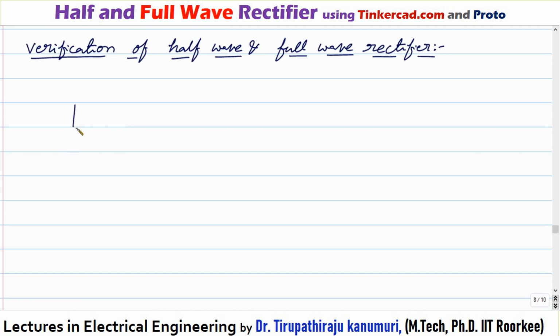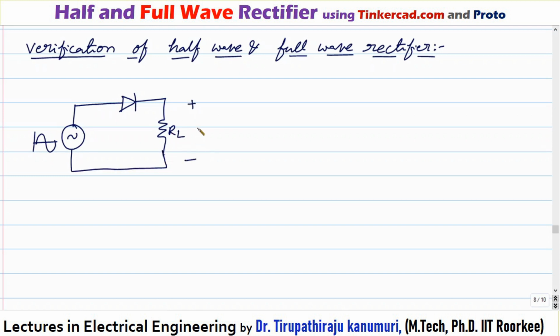Let us assume the rectifier's major purpose is to convert from AC or bidirectional current to unidirectional current. So we are not discussing pure DC or how the diode works, only what we are going to see now. Let us assume there is an AC supply, given like this. This supply can be connected through a transformer or directly. Let us assume I am connecting a diode, and RL is my load resistance. I am connecting to the load.